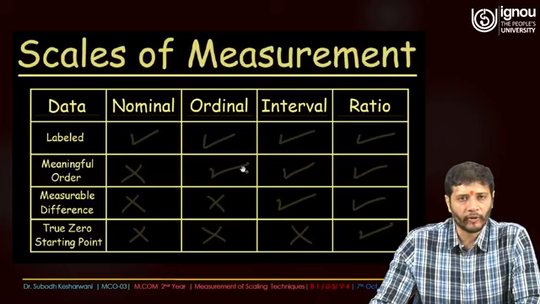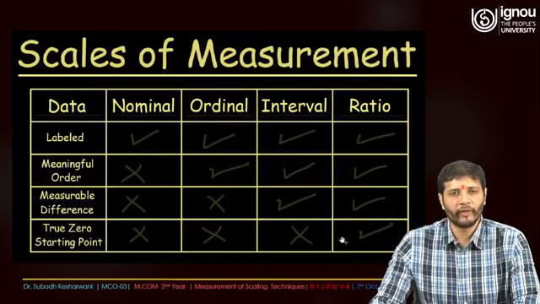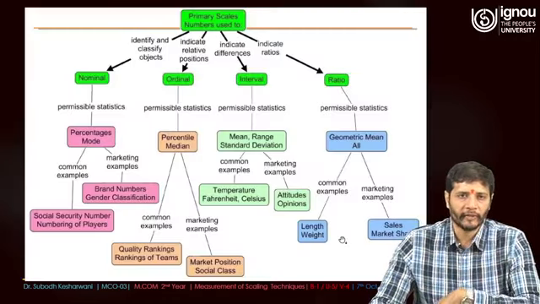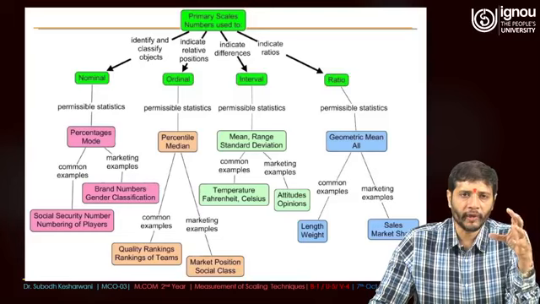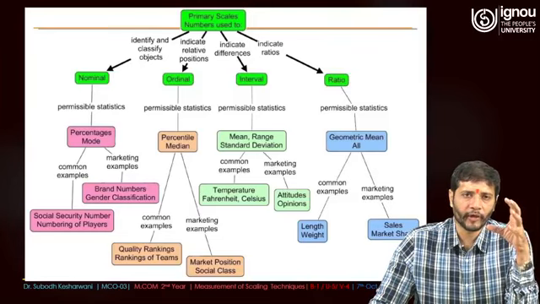Meaningful order: ordinal, interval and ratio have that, but nominal is lacking it. Measurable difference is present in interval and ratio. A true zero starting point is in ratio only. This we have already discussed in our preceding slides. So if we talk more elaborately about these four terms, which are nominal, ordinal,